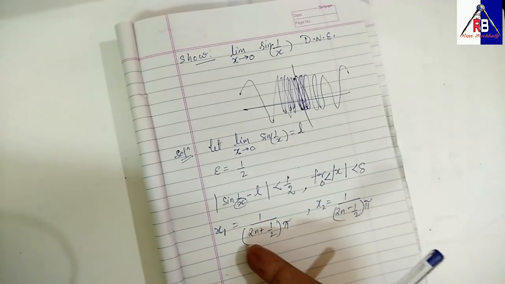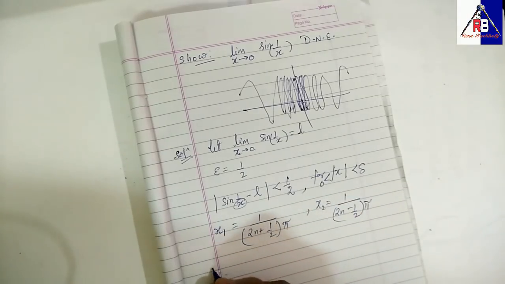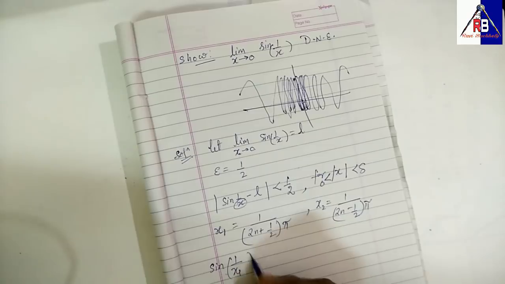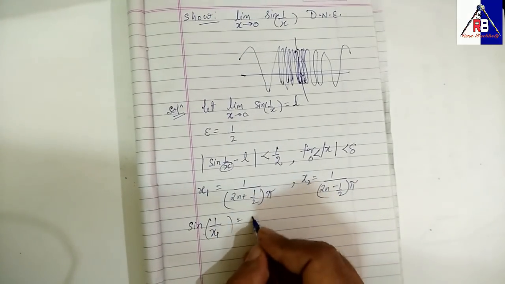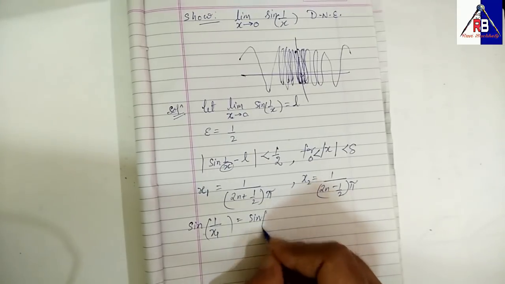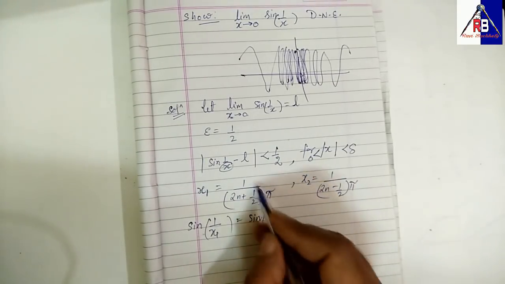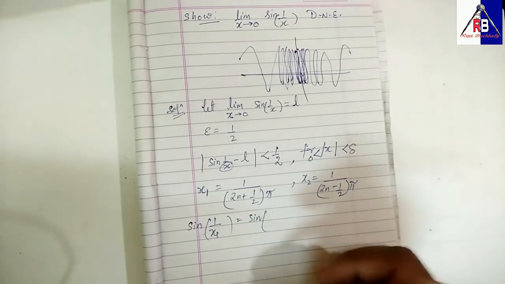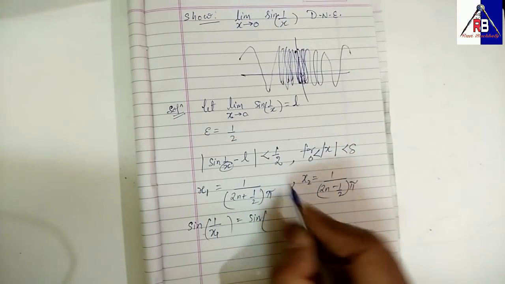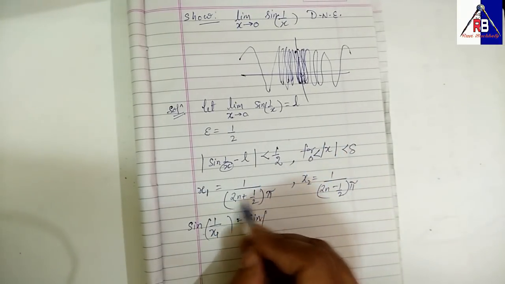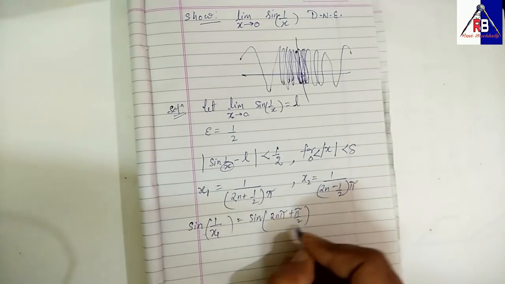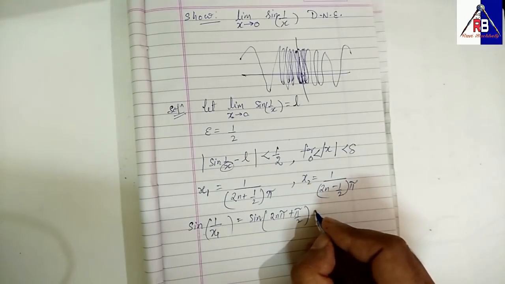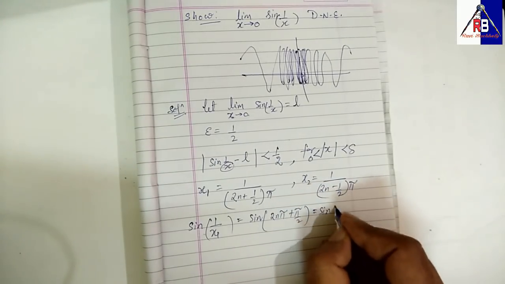Now if you find sine 1 by x1, it will be sine of 1 upon this thing, so the denominator goes to the numerator, and it becomes 2n pi plus pi by 2. Sine of 2n pi plus theta is equal to sine theta,